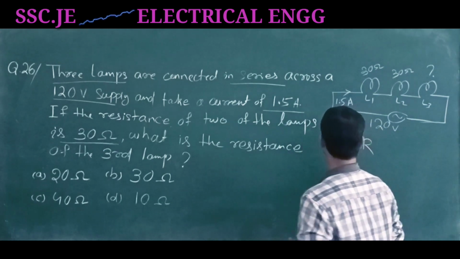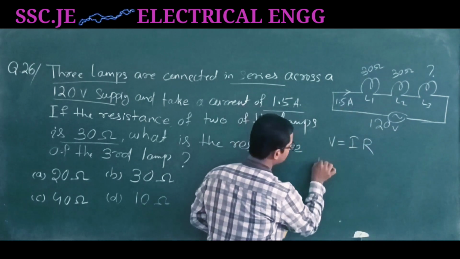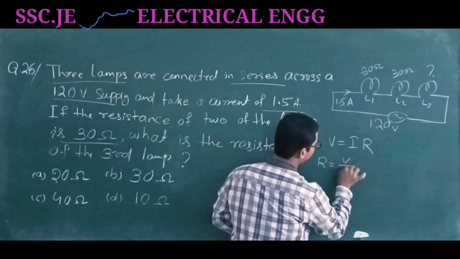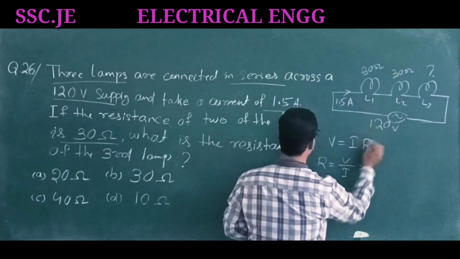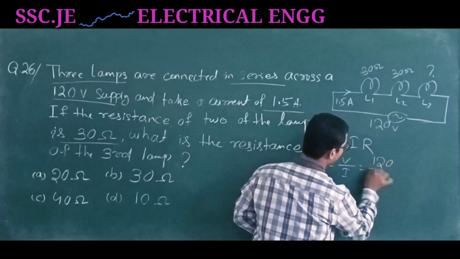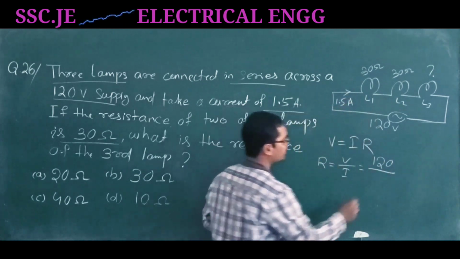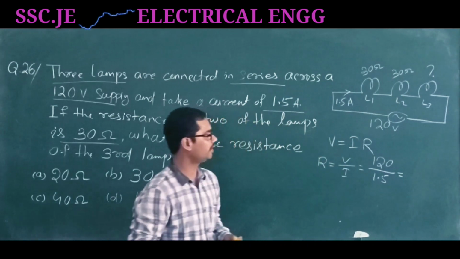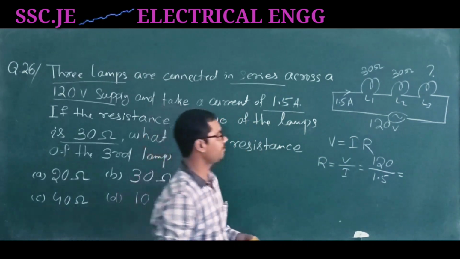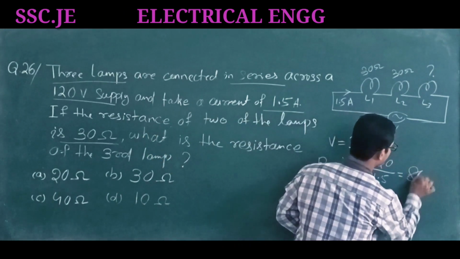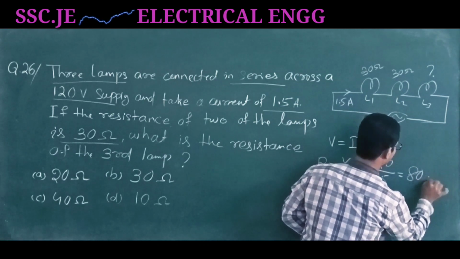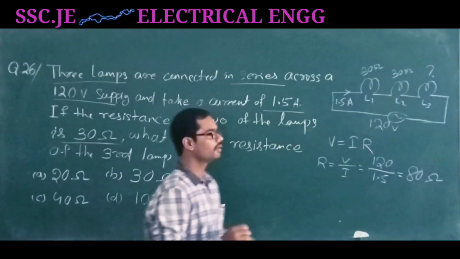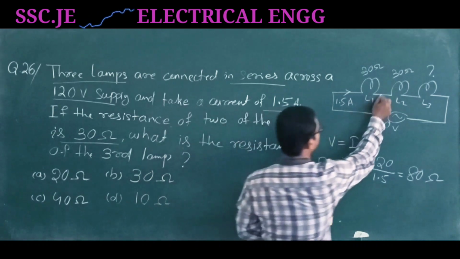So from this relation we can find out the total resistance, R equals V by I, and the voltage value is given as 120 and your current is given here as 1.5 ampere. So 120 divided by 1.5, it will come to 80 ohm. Okay, and as this is your series combination,